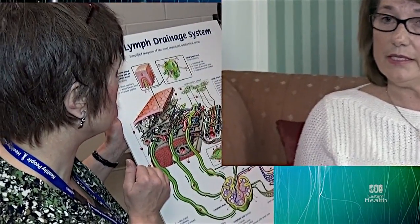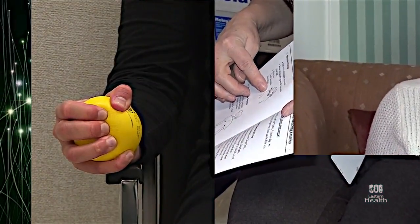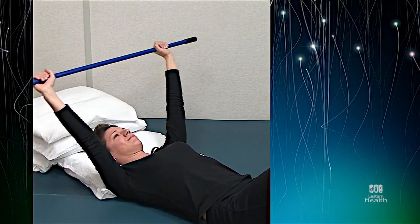As part of the pre-op procedure, I did see a physiotherapist, and I was very, very happy with the treatment that I received from my physiotherapist. She was absolutely wonderful. I received a booklet and all kinds of little instruments that I could use for my